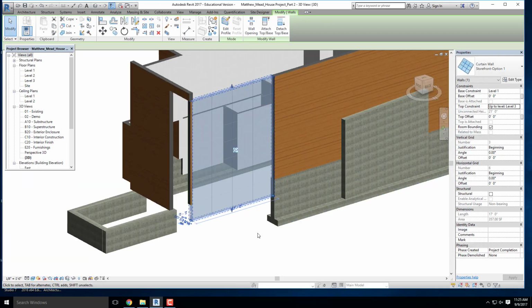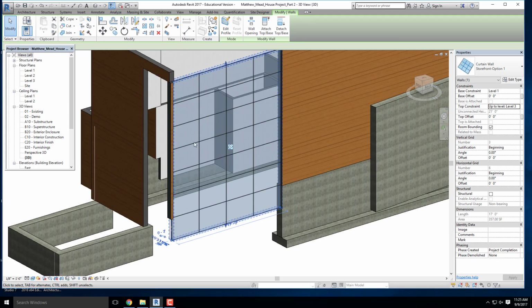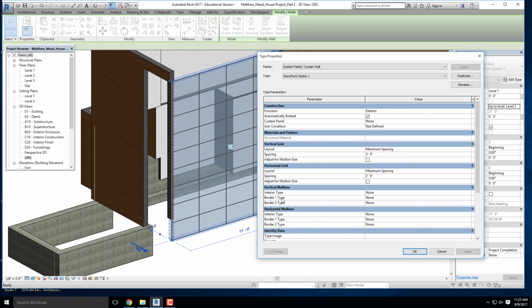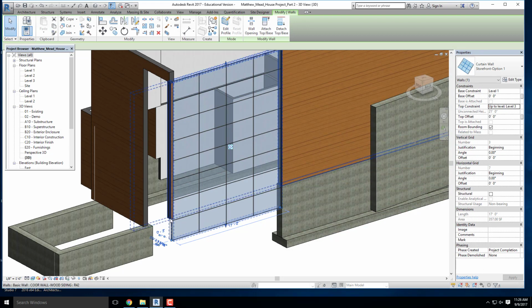Let's hit OK. And we got 1, 2, 3, 4, 5, 6, 7. So we're close. Let's make it a little bit smaller. Let's try 2'6". All right, go ahead and hit apply. I think that did the trick. 1, 2, 3, 4, 5, 6, 7, 8. Oh, wait. 1, 2, 3, 4, 5, 6, 7. Oh, wow. Let's try an in-between number. Let's try 2'8". There we go. That's what we want. So now we have a 4 by